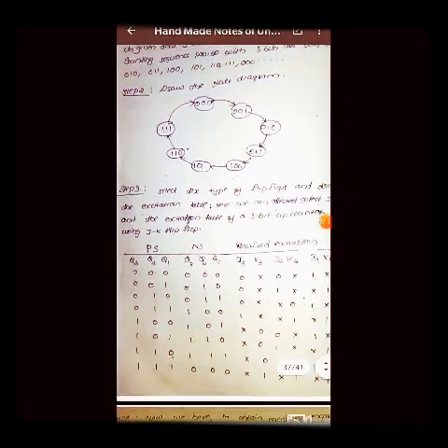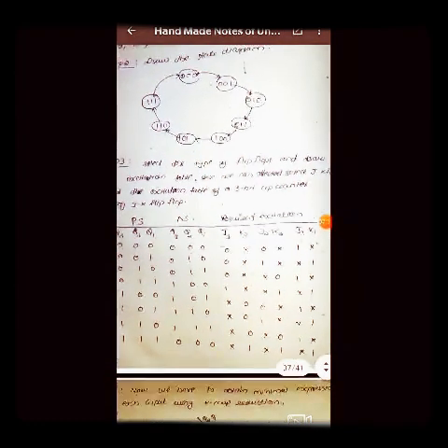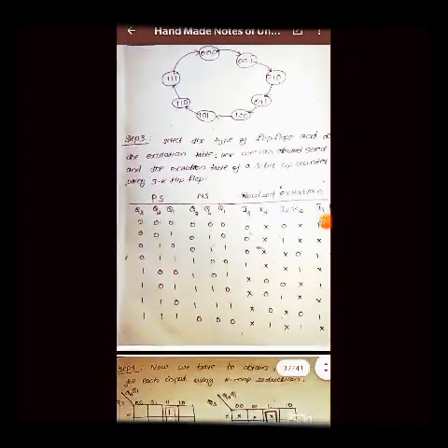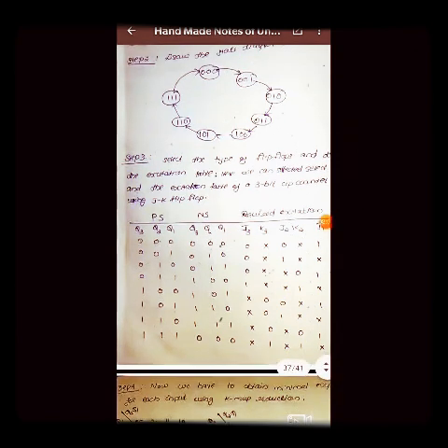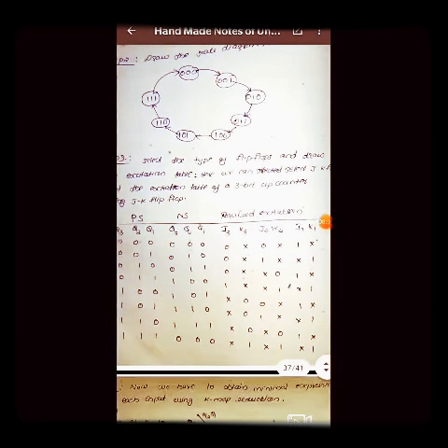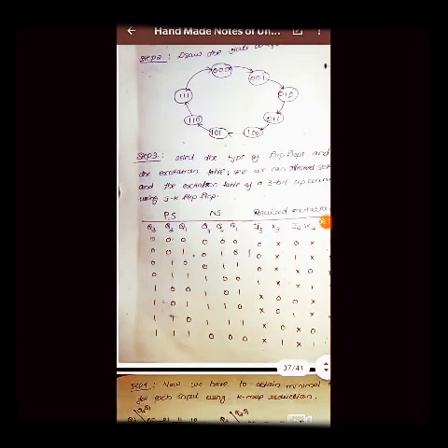After understanding the diagram, we move to the table. So how can we make this table? As you can see clearly, there are many values which we can put. PS means present state of Q1, Q2, Q3, and NS is the next state of Q1, Q2, Q3, and J3, K3, J2, K2, J1, K1 are the values which we need to put, which are the required excitations.